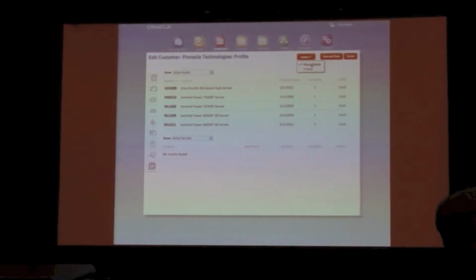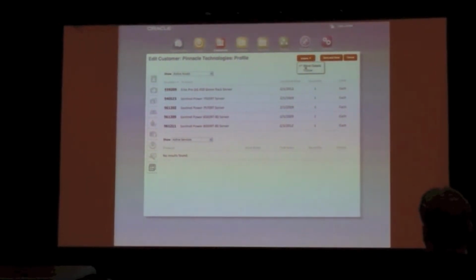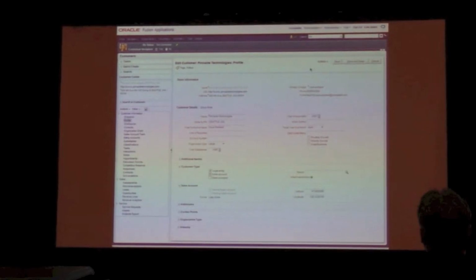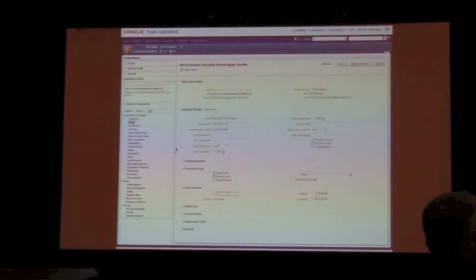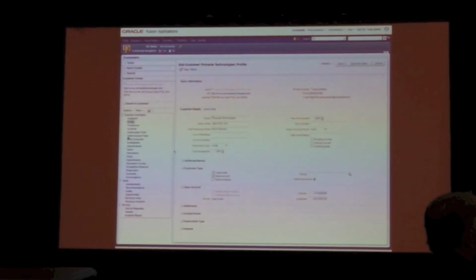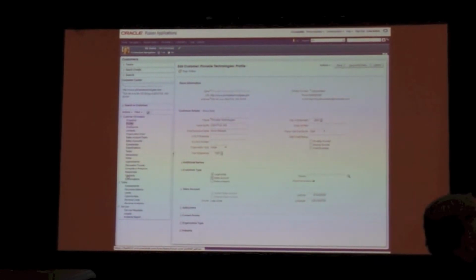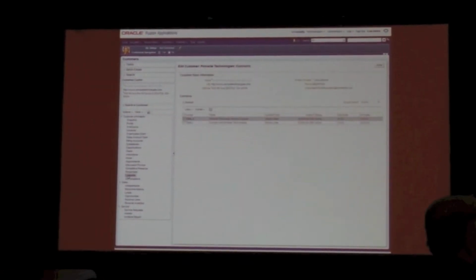Now, one of the questions we get is, great, you've got this UI, but how does this relate to the rest of Fusion? Well, we have a number of navigation methods that take you into the rest of Fusion. One of them is here. Every time you see this double arrow to the left of a menu item, you can click on it. It will take you directly into the spot you need within Fusion. So when you've done enough of your task here, it will take you exactly where you need to be in